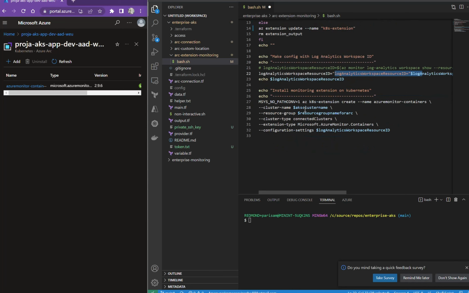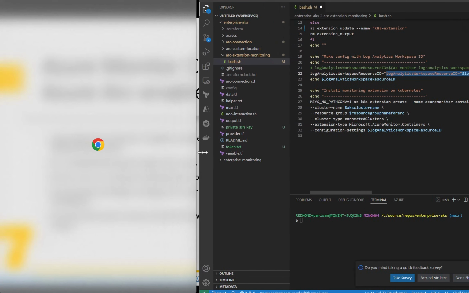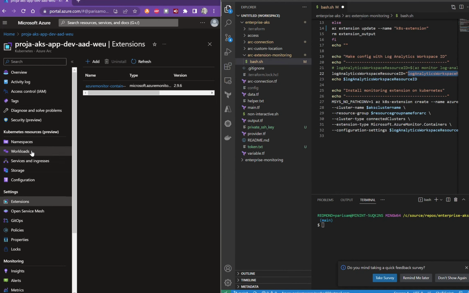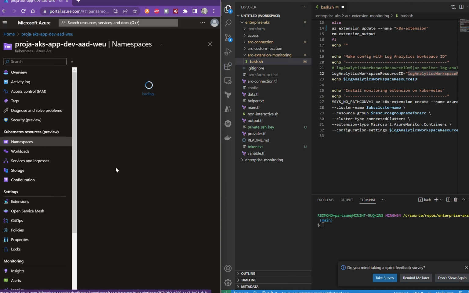And then I say here, yes, command line, please install Azure Monitor container, which is the namespace name. Namespace is,